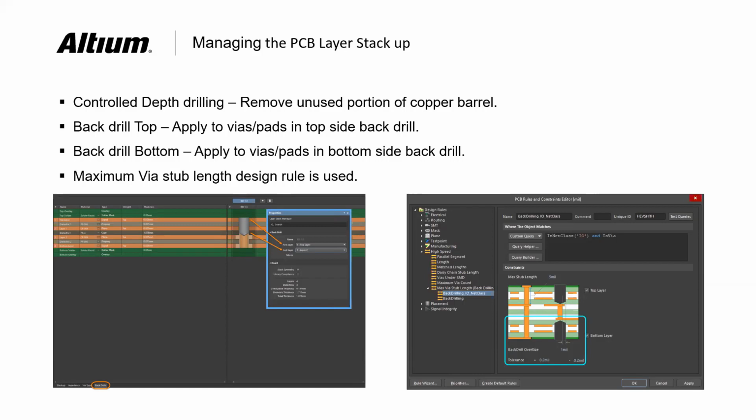barrel. What happens is that when the signal passes after the fourth layer, there will be reflections. So due to reflections there will be loss of signal when it is going through the fourth layer, and I want to avoid it. So you can do the back drilling to remove the portion from the fifth layer to the 10th layer. This can be done by back drilling, and then you need to set it in your design rules. Again, you have to set it under high speed design, back drilling.